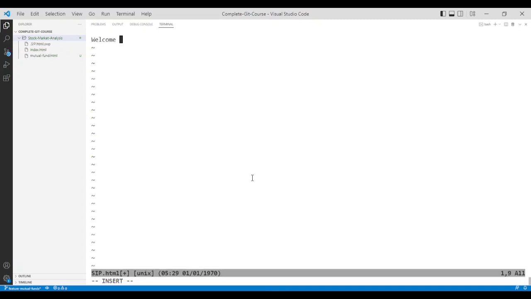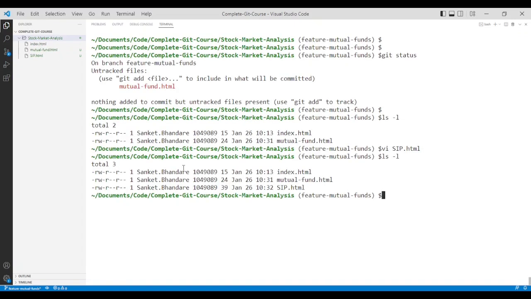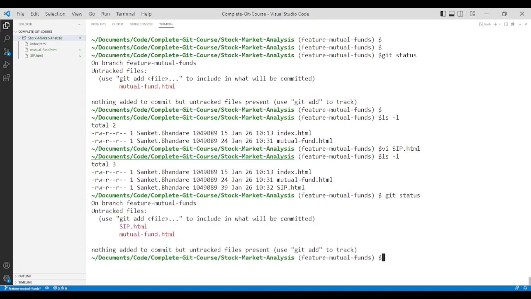So welcome to zip feature in mutual funds. Here you can see we have added two files inside this feature mutual funds. So let's check the status now, and here you can see two files are in untracked files. In order to add all the files inside untracked files, the command is git add, and you need to provide a dot, which will add all untracked files inside this particular branch,